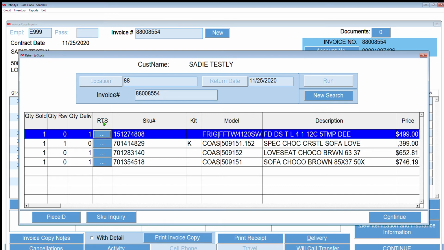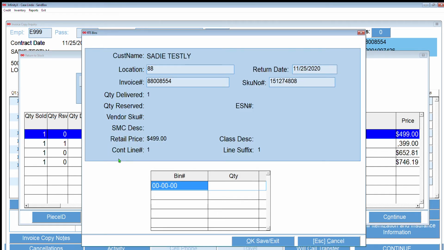So we're going to click here on that button next to the first one, and that is the washing machine, and what we need to tell it is where we are returning it to. So I am entering that bin here, how many we're returning, 1. If I click OK Save,